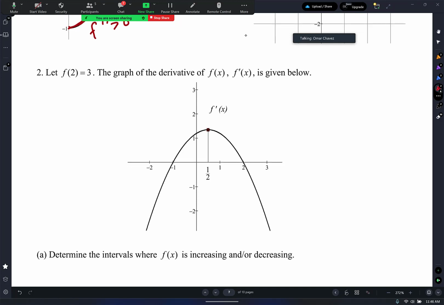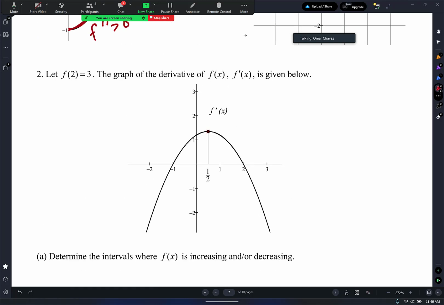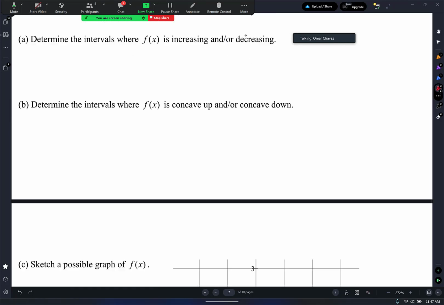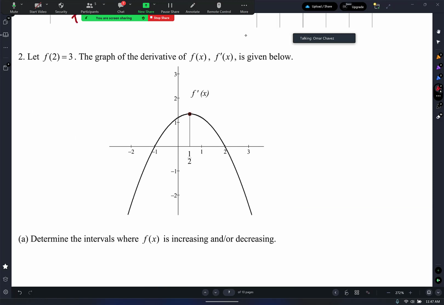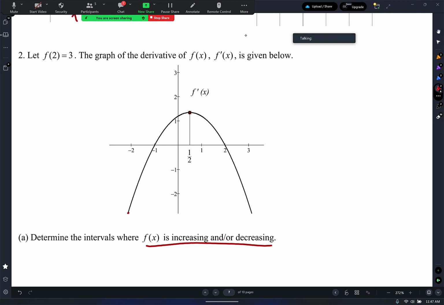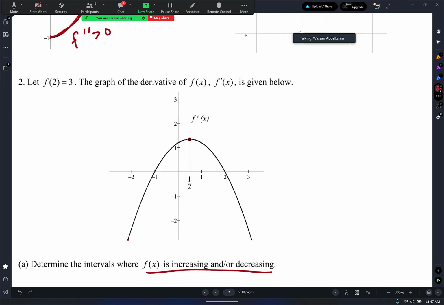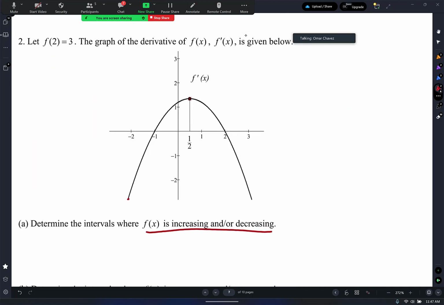Let f of 2 equals 3. The graph of the derivative of f of x, f prime of x, is given below. So determine on interval. Okay, so we're going to have to sketch it in a little bit, but we're not there yet. So letter A, determine the intervals where f of x is increasing and or decreasing. Okay, where am I increasing? So I'm going to assume from -1 until 2. Yep. F is increasing